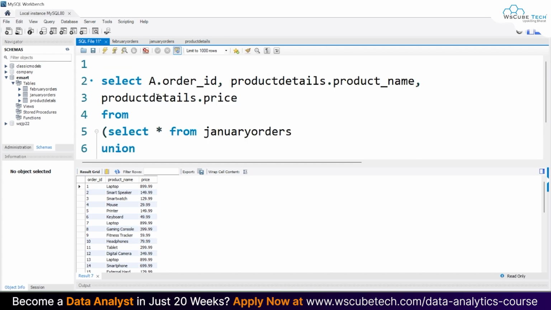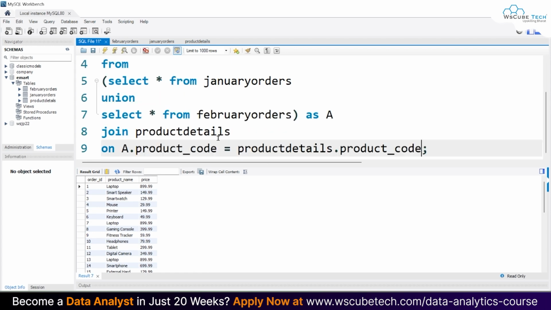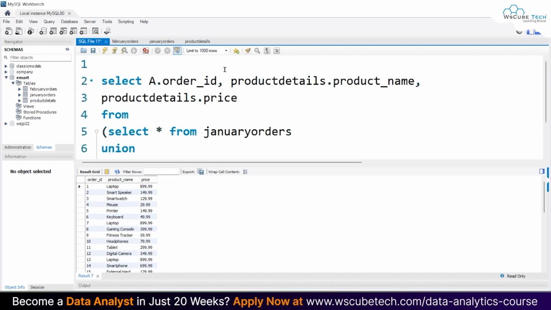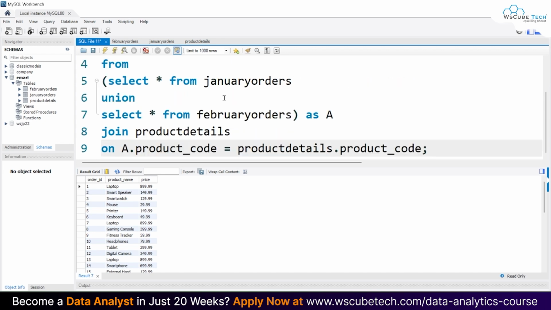If we don't want orders, we can group by it and obtain the product prices based on product orders as well. So I hope this is clear, how we can use union and how we can use joins along with union. Set operations are used when you have similar kinds of tables and you want to join them and analyze them all together. And with the union, you can also use join to join in the other tables as well.